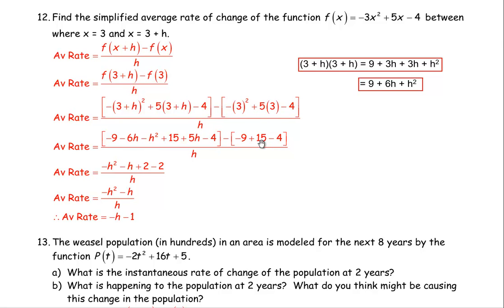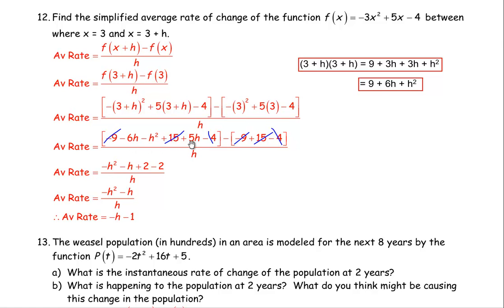Now, a whole bunch of stuff adds to 0, or some people use the word cancel out. So, for example, negative 9 take away negative 9 has to be 0. And so those are gone. Same with the 15s. 15 take away 15 is 0, and negative 4 take away negative 4 is also 0. So all that's gone. So all we have left actually is this negative h squared, and we have